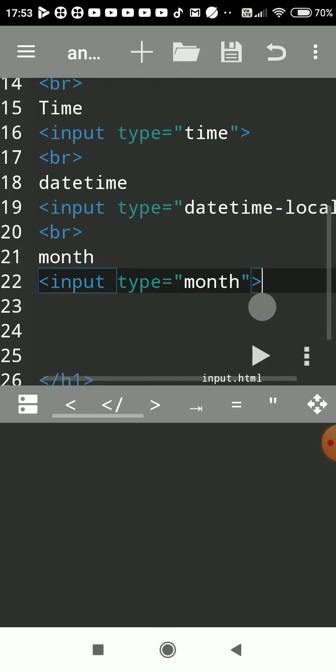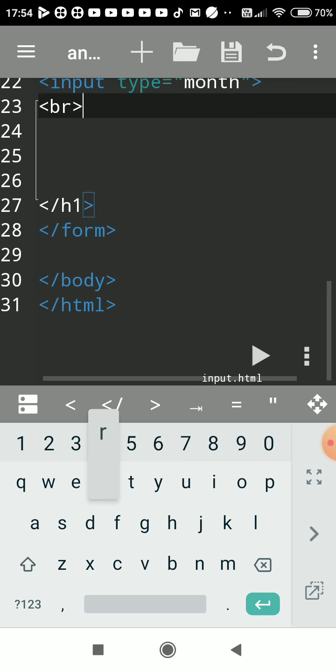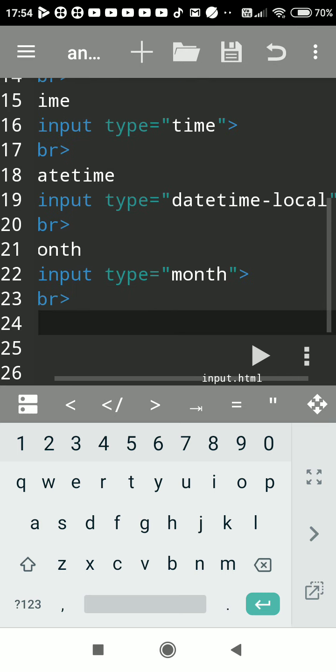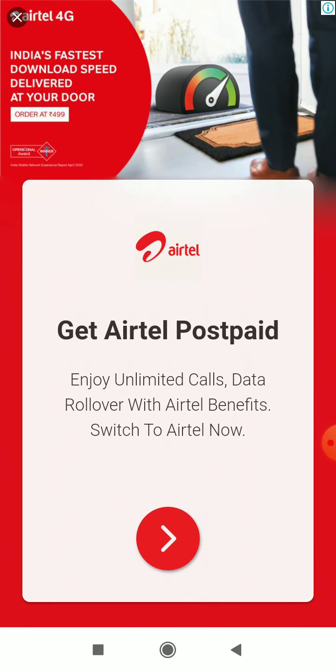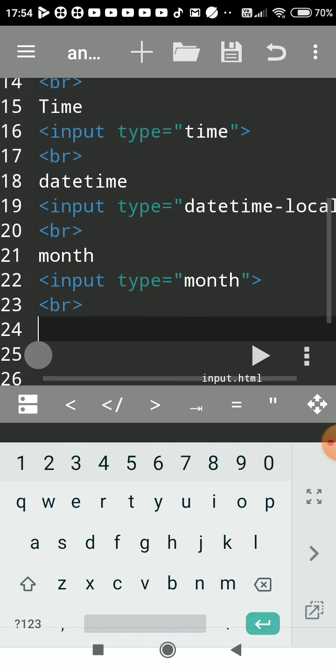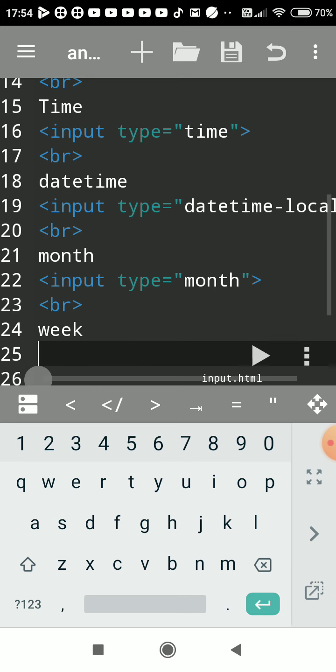Now we'll see next. That is week control. So we'll create week control.